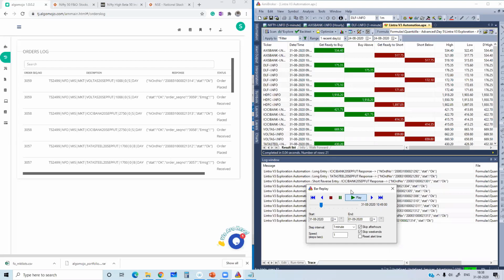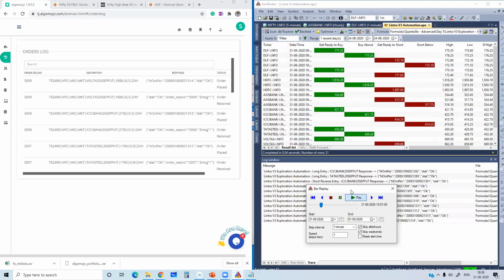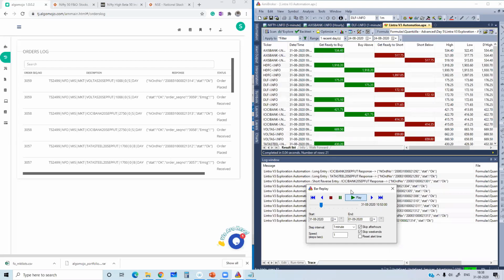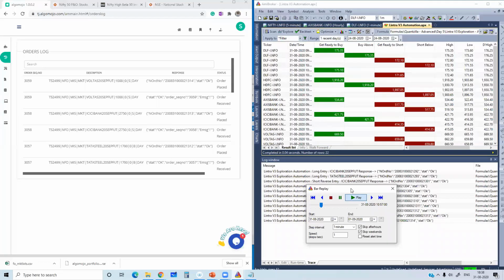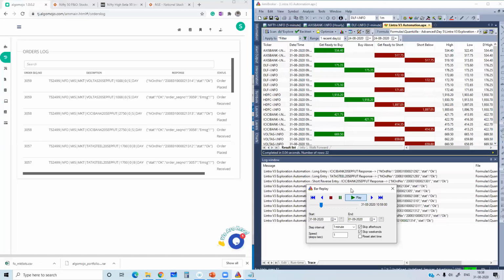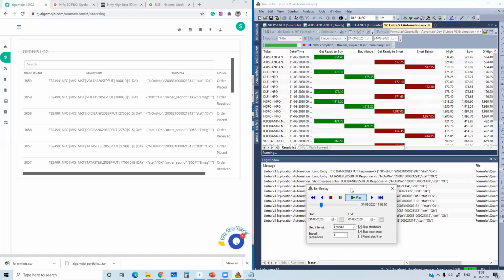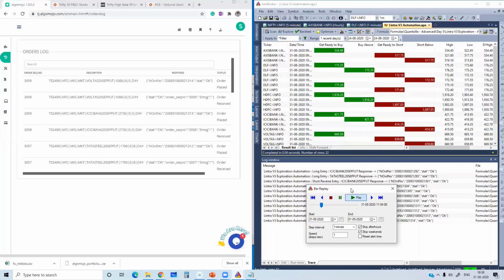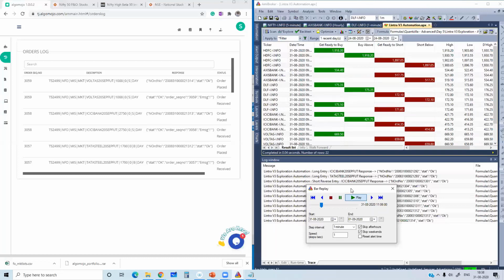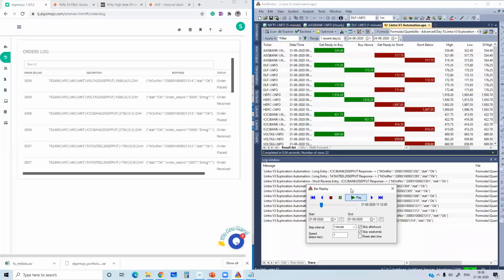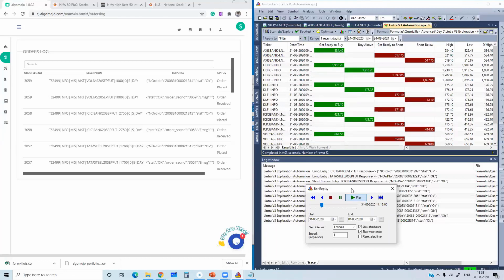Because AmiBroker itself, every second, will keep on moving 1 minute interval. So it could skip any fresh signals which are coming in, if bulk 5 signals or 6 signals come at a time. But during live markets, it will capture everything and send it to the AmiBroker order log. So this is the way you have to do the AmiBroker automation. I guess you're able to understand. If you are not able to understand any of the procedure, you can ask your question here.